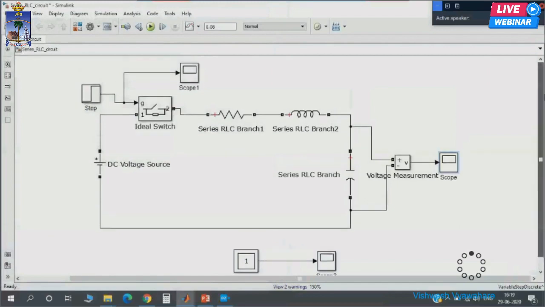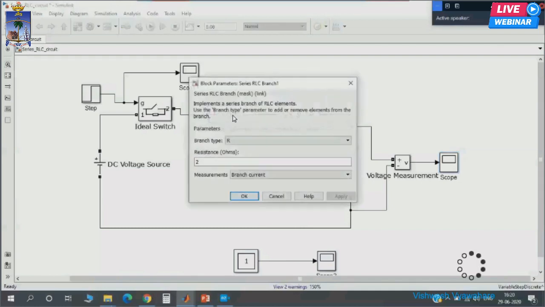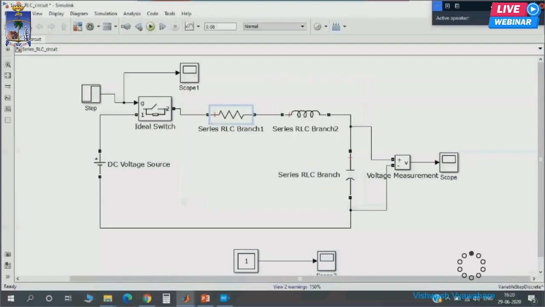Now what is MATLAB or Simulink doing at the back end? At the back end, MATLAB or Simulink is just solving the second order differential equation. By Kirchhoff's voltage law, you get a second order differential equation here. MATLAB solves it numerically and gives you the answer. Let's reduce this R from 2 ohm to a very small value, 1e minus 6. What effect is it going to have? R is very small, R is negligible. It is an LC tank circuit, basically.